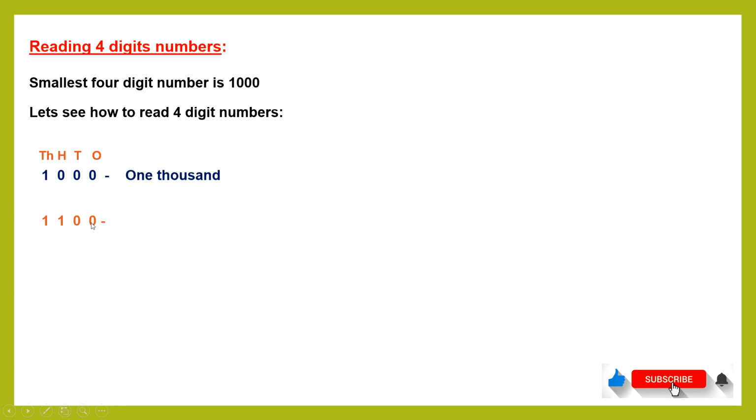Now in this number, this 0 is at ones, this is at tens, this one is at hundreds place, this is 100, and this one is at thousands place. So how to read this number? 1000 and 100. Similarly, the next number is 1200. This 0 is ones place, this is at tens place, 2 is at hundreds place, 1 is at thousands place. We read it as 1200.